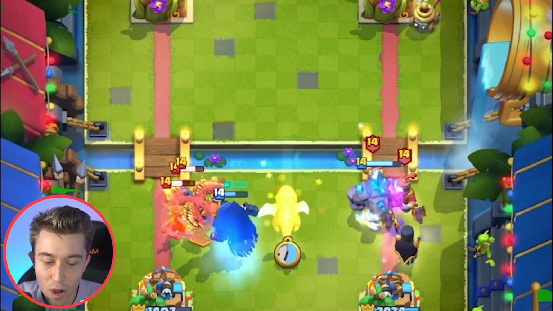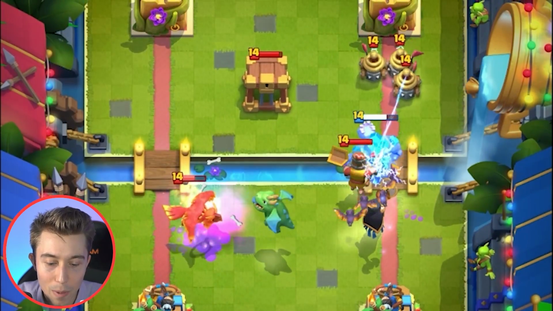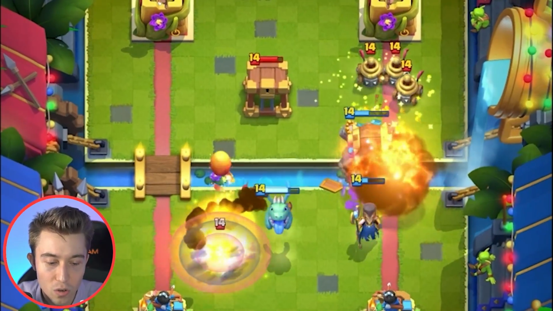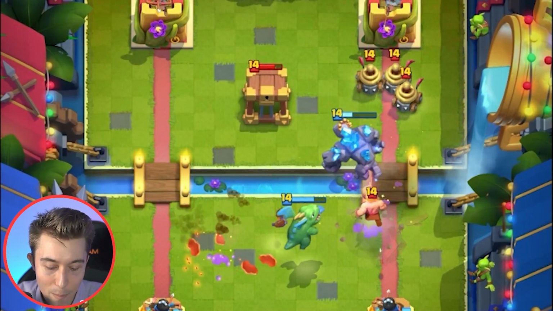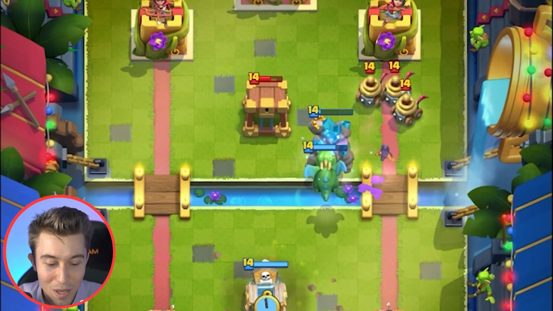The Skeleton King has more health anyway, so that's why we're dropping that as a little bit of a tank for the Phoenix. And we're dropping our Baby Dragon in the middle to finish off the Phoenix and then also go directly in the pathway of the Zappies. So yeah, this matchup is starting to become a little bit more problematic for me